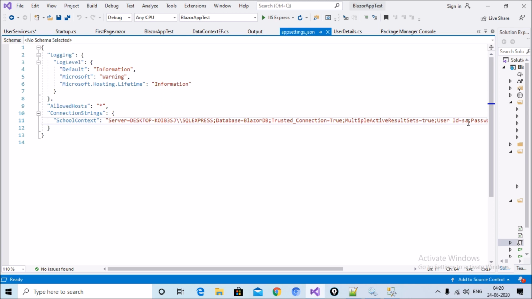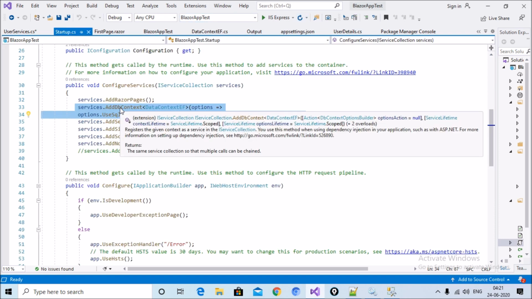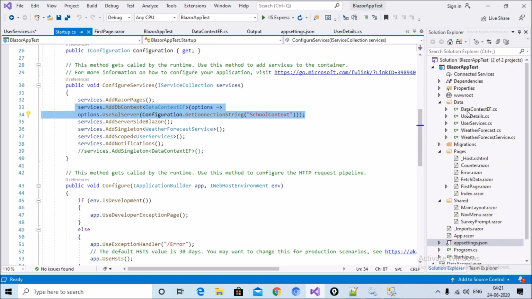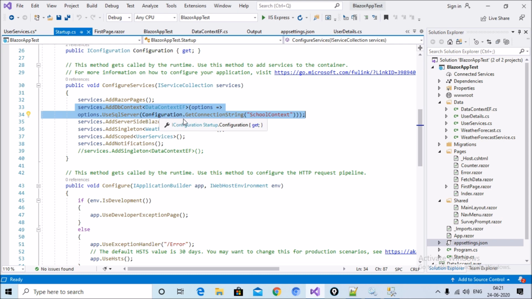Next step is in your Startup.cs class: simply services.AddDbContext and pass your context class, which class I have already created. You can see I use DataContextEF here, and after that write options, and options.UseSqlServer. Inside UseSqlServer, Configuration.GetConnectionString, and pass your connection string name.